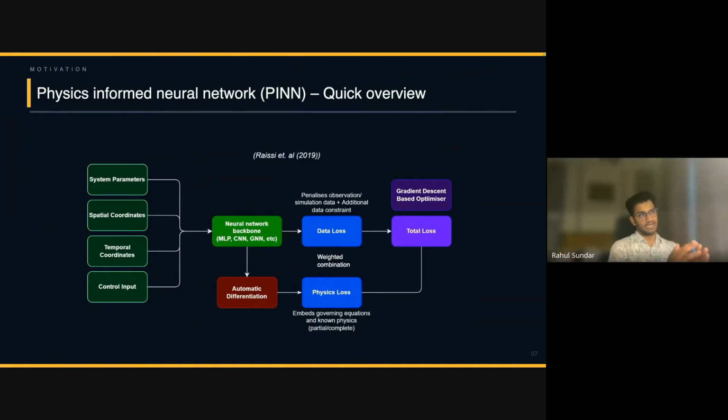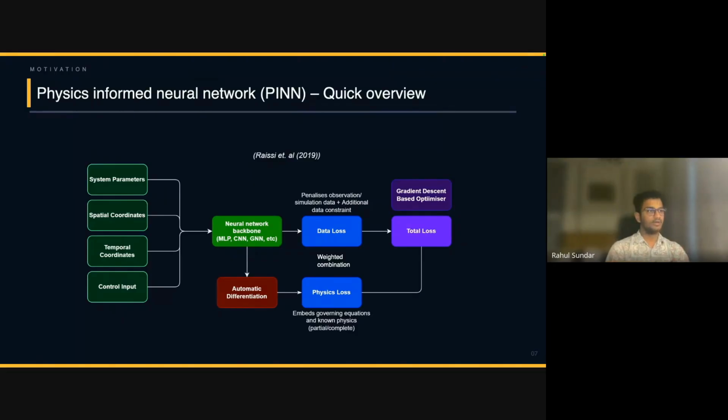These go in and get mapped to your target variables, and then there are data losses and physics losses that are constructed, and a weighted combination of this is your total loss, which gets optimized using a gradient